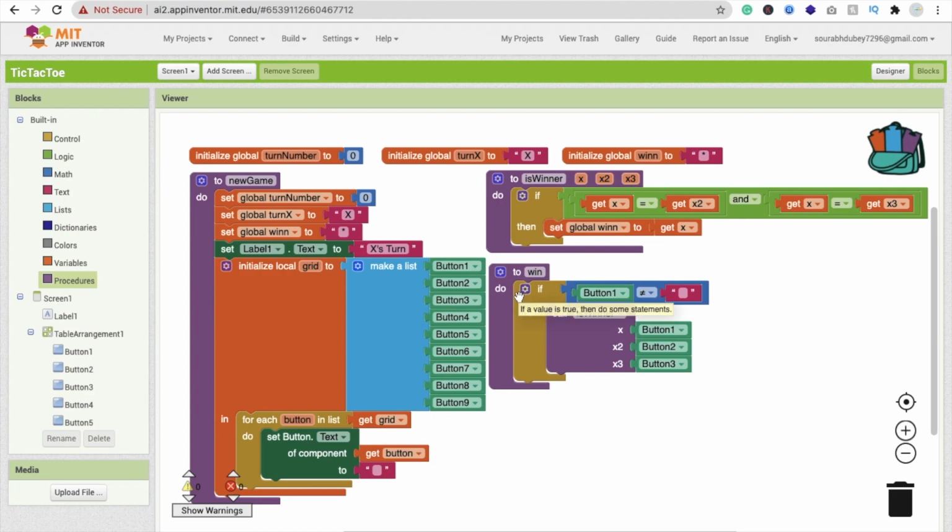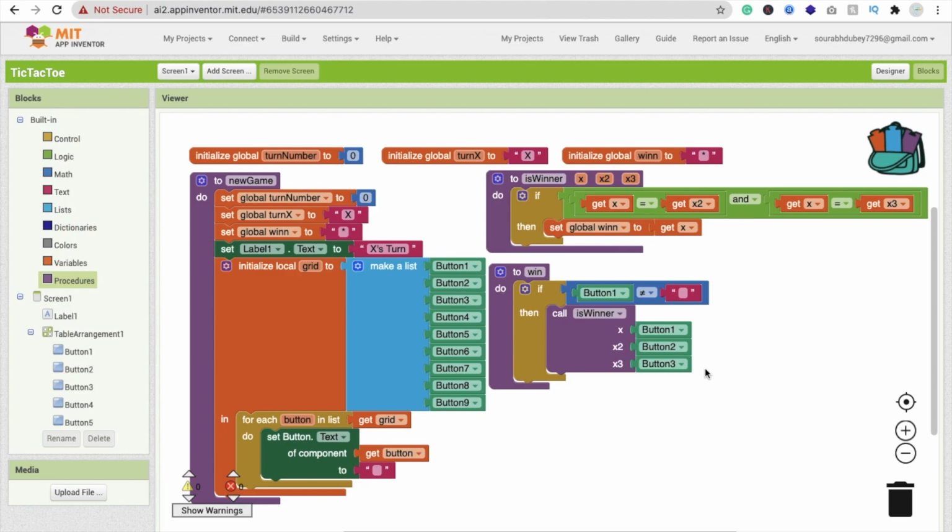If button 1 is not equal to null, then we will call the is winner procedure. So whenever this will call, then what will happen? This procedure will call this procedure is winner, this one. Then this will check button 1. It means in the get x, this will represent button 1 equal button 2, and button 1 equal button 3. Then suppose both values are x or o, then who is winner? O. If button 1 value is O, button 2 value is O, button 3 value is O, then winner is O, right? Now we have to check all these buttons.